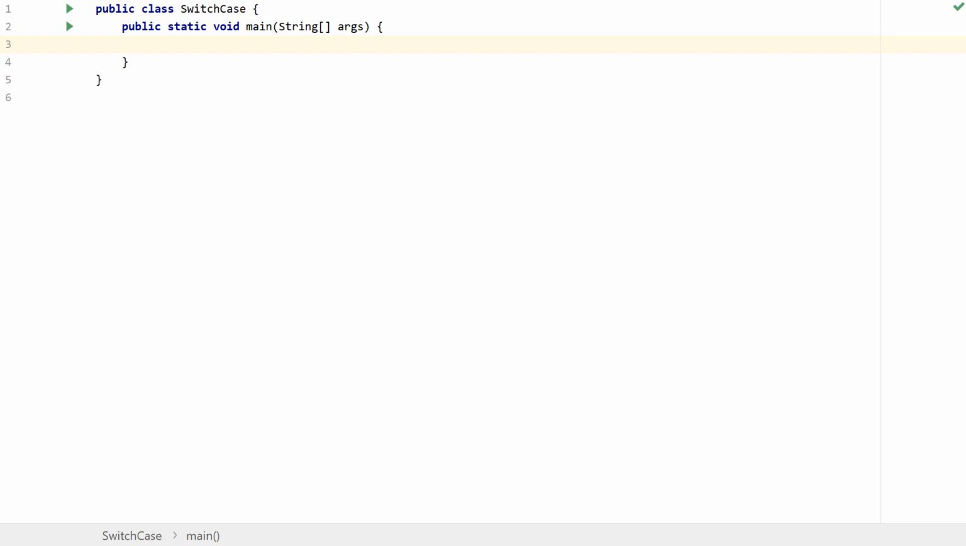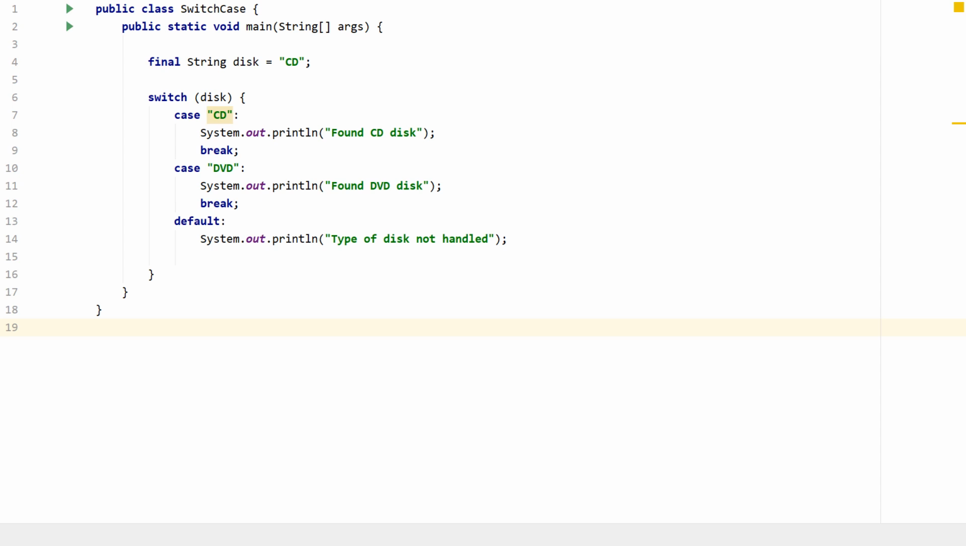Imagine a situation where, depending on the disk inserted into the CD player, the program will have to respond by displaying the correct information. Of course, you could do it by using a complex construction if-else, but ideally we prefer to use the switch construction. To the variable disk, we can assign any string of characters. Then, thanks to the switch instruction, we can display the adequate information depending on the type of disk inserted into